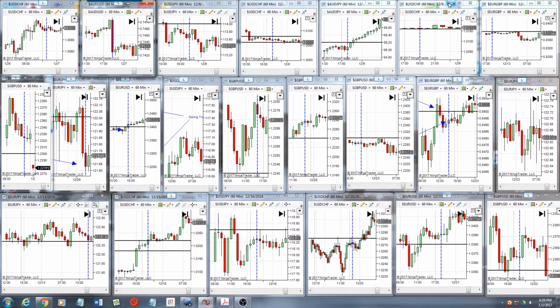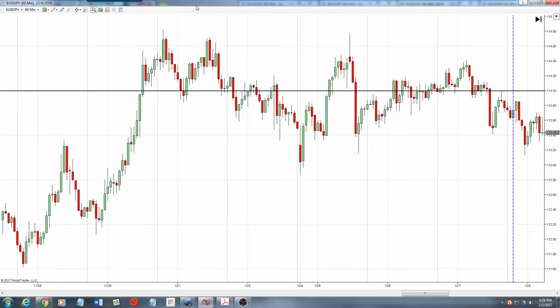Next trade, we got the USD yen. This was a 7 p.m. expiration on the 114 strike. This was for trade date 12/7. The Aussie dollar I mentioned previously was also 12/7. This was the trade we took before it. So we got the signal roughly in here,